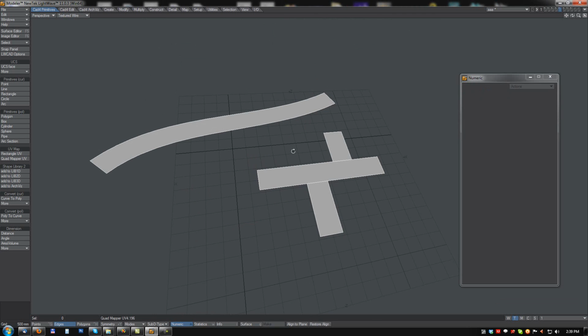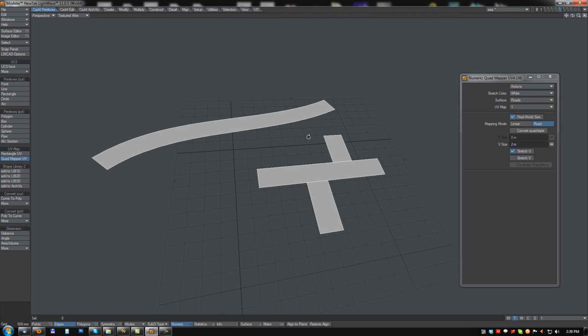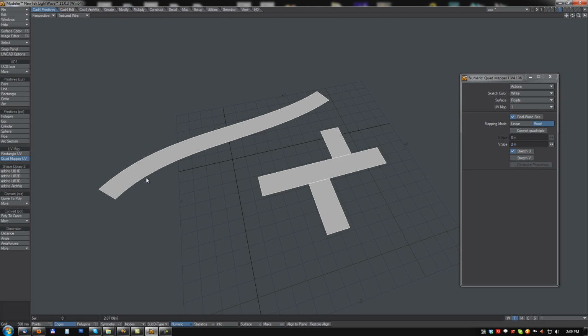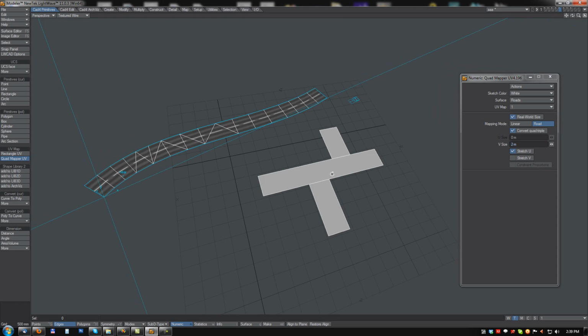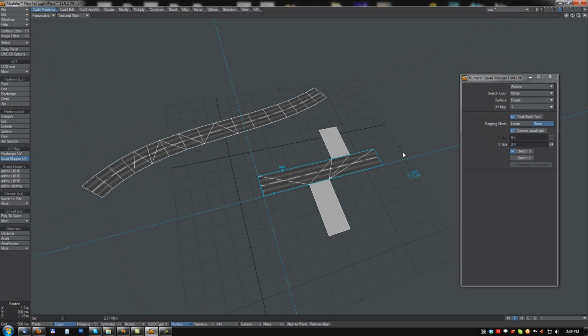Next update is a new Quad Mapper UV tool. It is a new tool for quick UV mapping of objects which are based on quad or semi-quad polygons. So we can quickly put a UV map on roads and sidewalks, such as these examples. So I can set here UV map